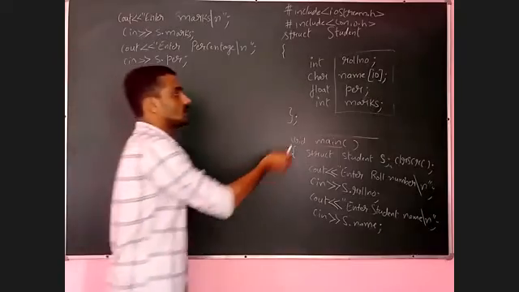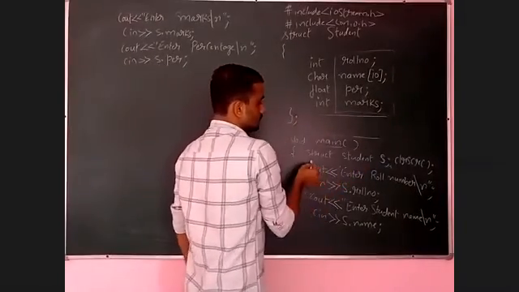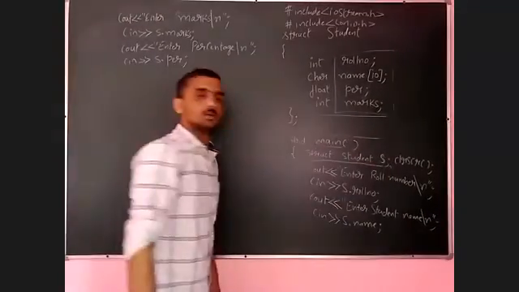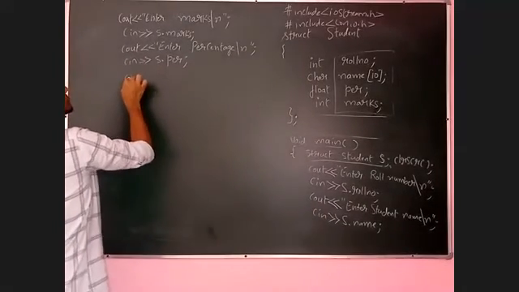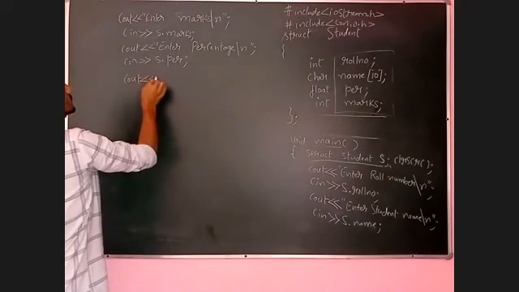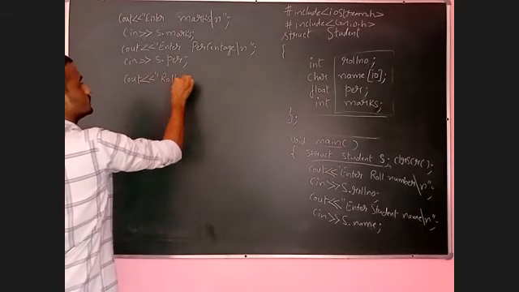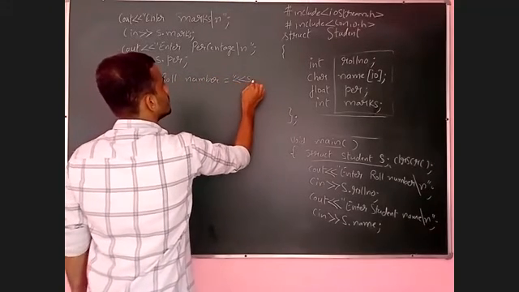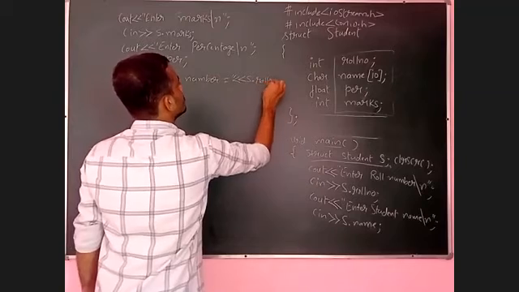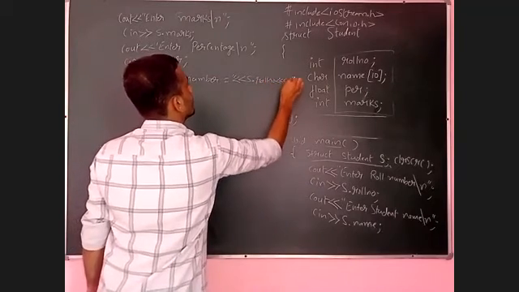First we declared the members for the structure, then declared the structure variable, entered the values for the structure members, and at the end we will display. So cout, roll number equals, insertion operator, s dot roll number, and then